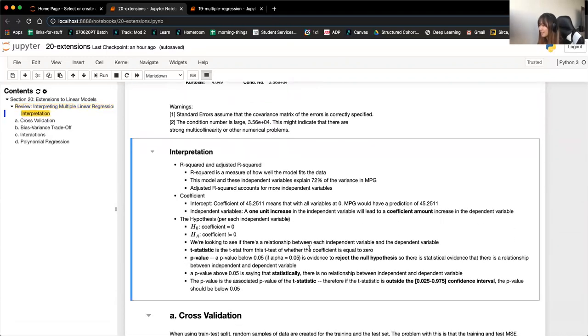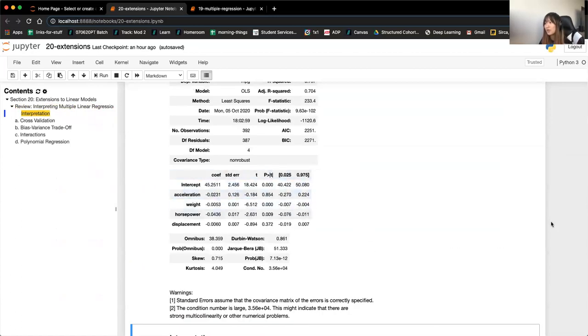T-statistic is the t-stat from this t-test of whether the coefficient is equal to 0. A p-value below 0.05 is evidence to reject the null hypothesis, so saying that there is statistical evidence that there is a relationship between independent and dependent variable. If you have a p-value above 0.05, it is saying that statistically there is no relationship between independent and dependent variables. That is why if you have higher p-values for any of these outputs, you want to take them